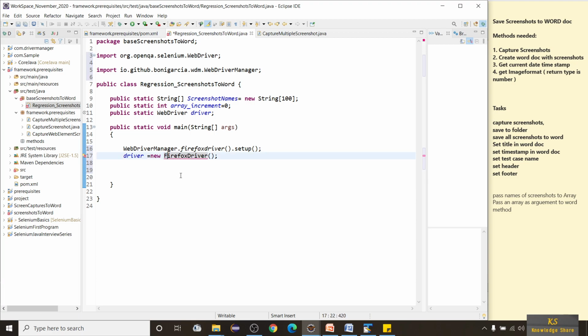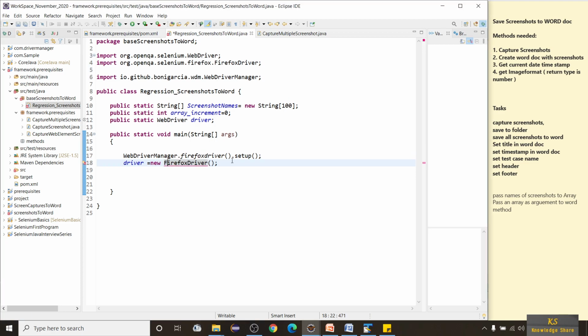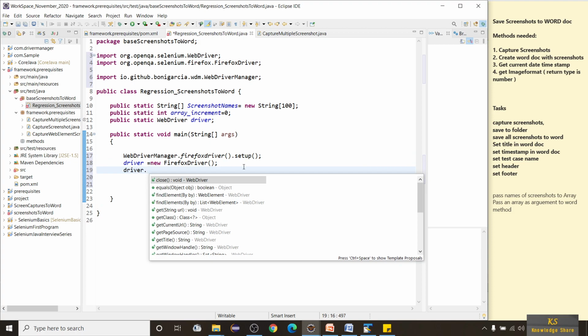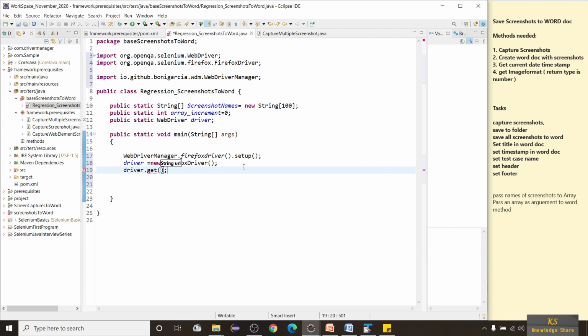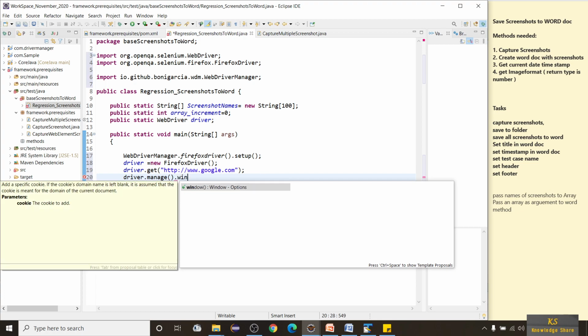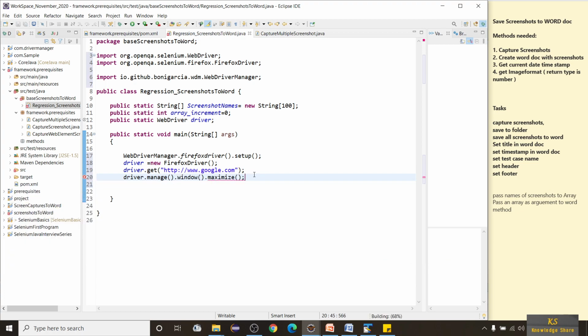Okay, this should be capital F, and then I'm going to open the Google page, driver.get, http. Okay, so let me maximize the browser. Manage dot window dot maximize.